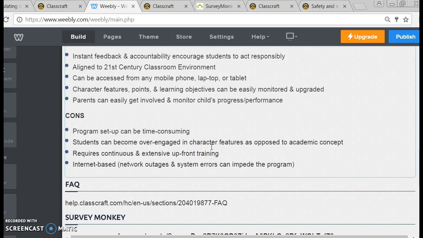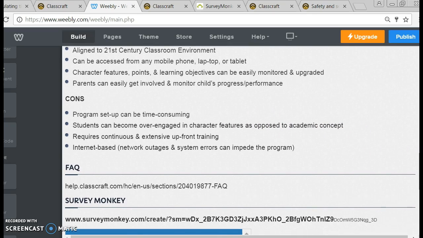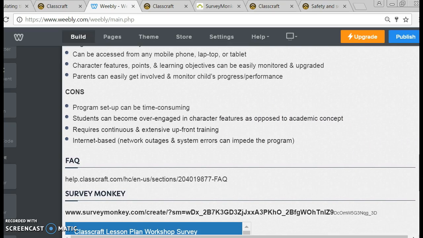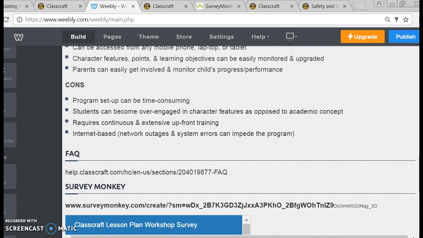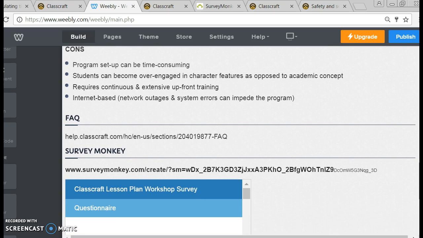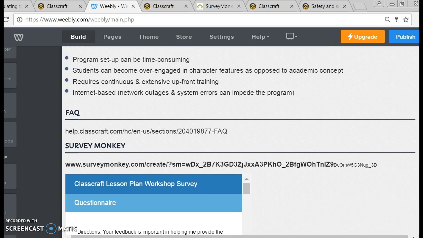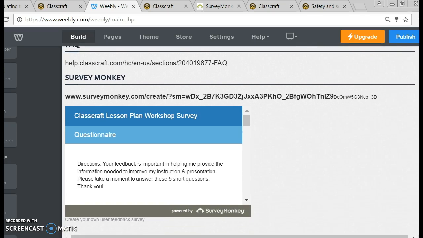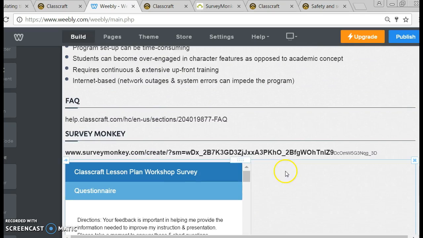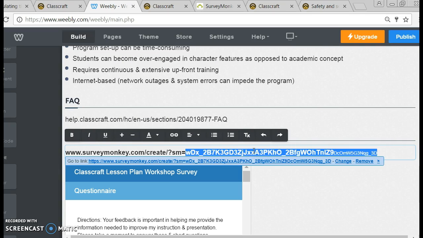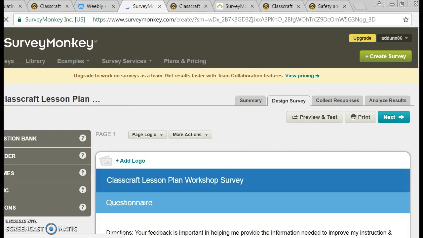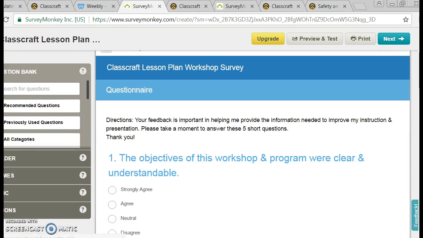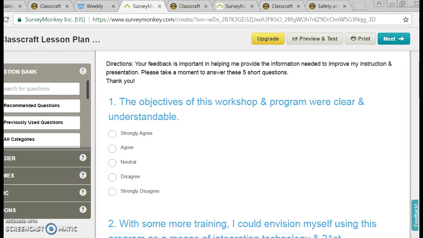And students, if the management piece is not there, can become over engaged in the actual visual component of it as opposed to the academic content. So we want to make sure that that stays intact. And this is an internet-based program, so network outages and system errors can definitely backfire if you experience that. And then finally, we have the survey, and the survey shows the different questions